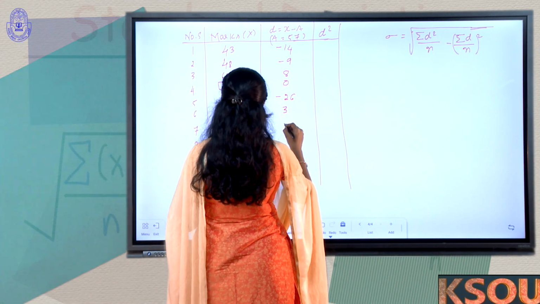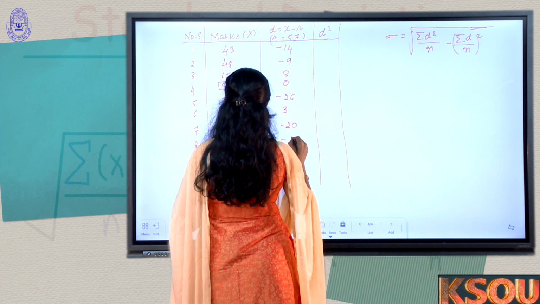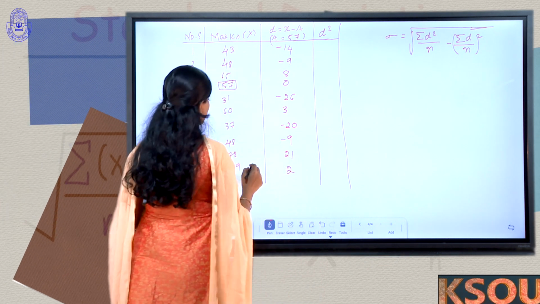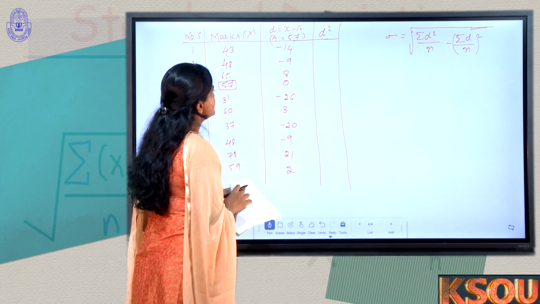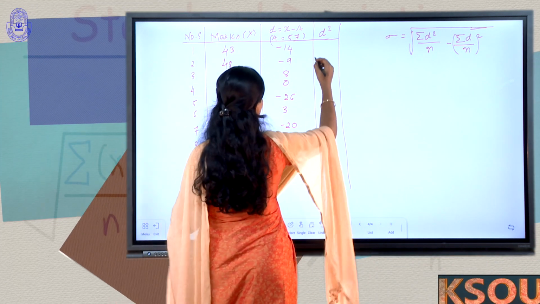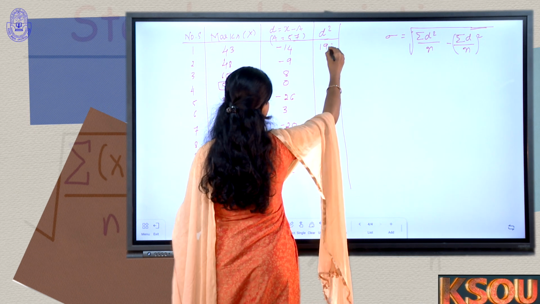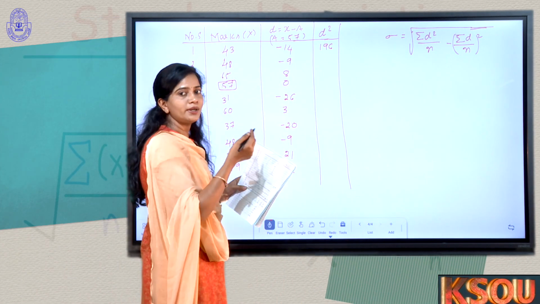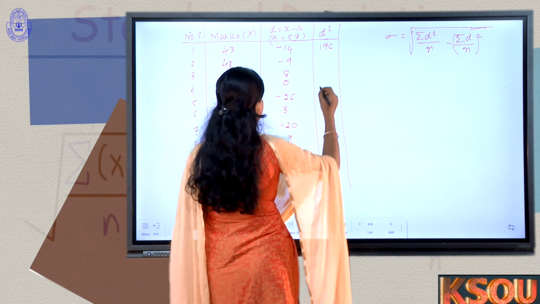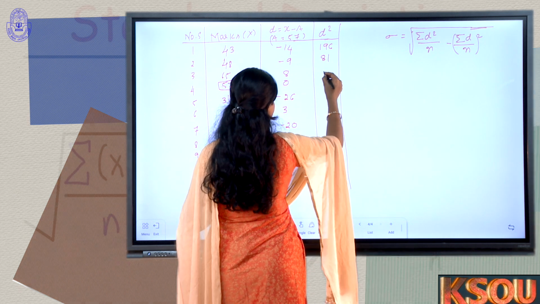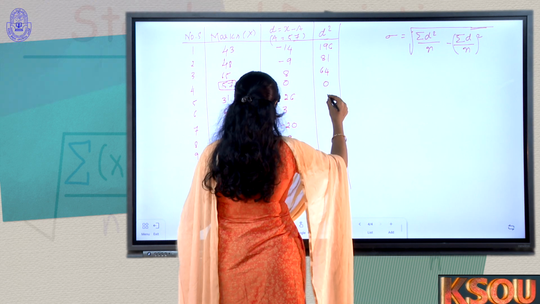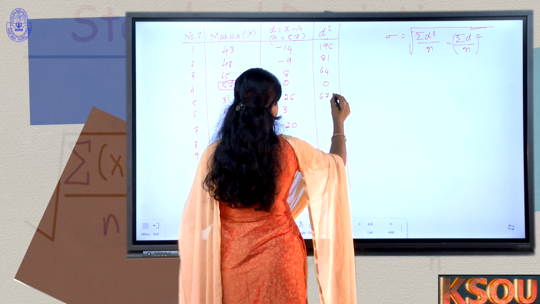3, minus 20, minus 9, 21, 2. So now we will have to take the square of this D. If we consider the first one, square of minus 14 is 196, you will have to take minus 14 into minus 14, that is plus 196. Then minus 9 square is 81, 8 gives 64, 0, 676,